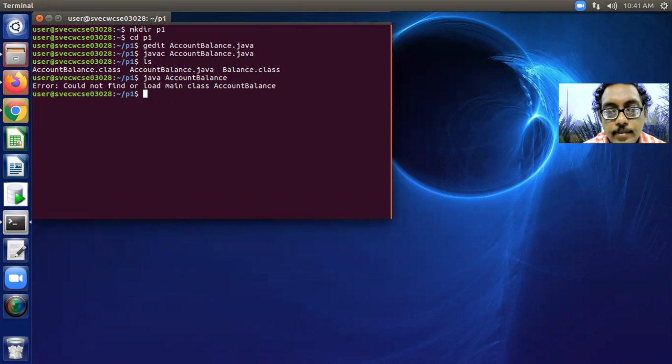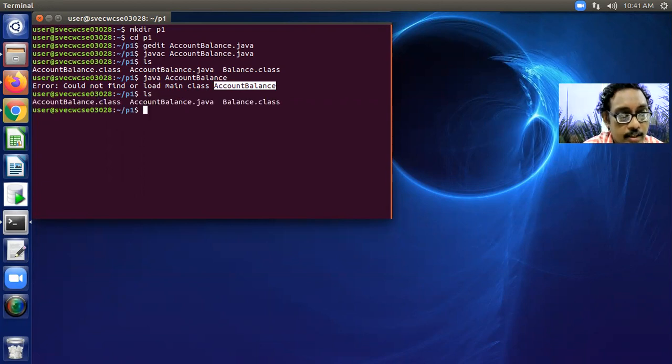In this case, there is an error: could not find or load main class AccountBalance. But if you check with ls, you can find the AccountBalance.class file. The interpreter cannot find the class because once you create a package, executing from outside the package is the problem.